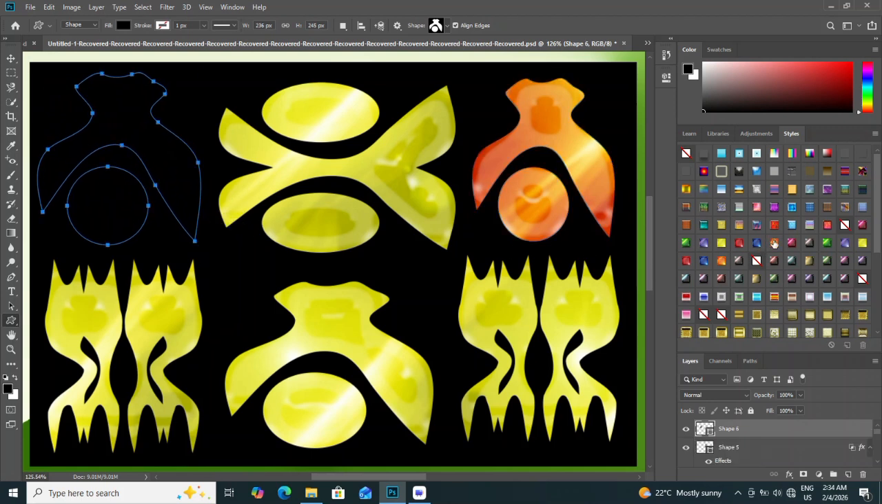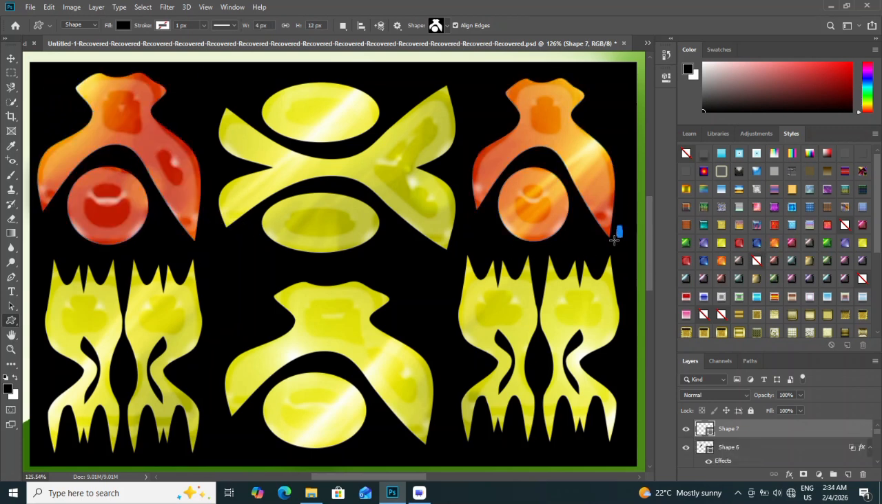Finish by exporting the selection as a layer mask. Accurate object isolation improves compositing quality, so practice this method to achieve